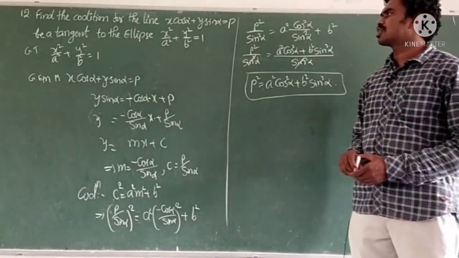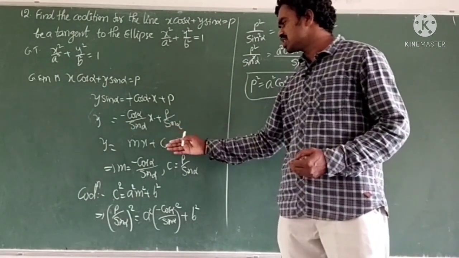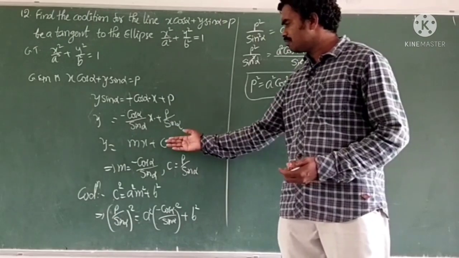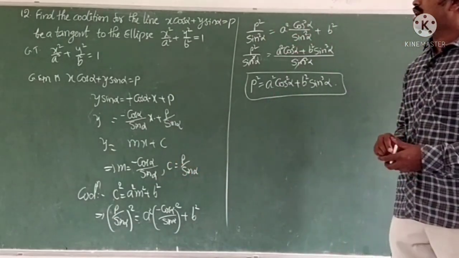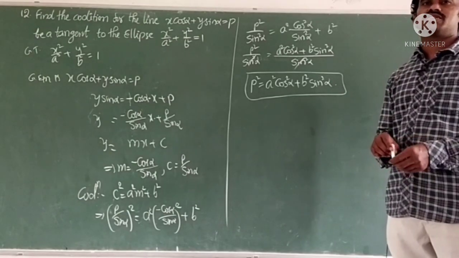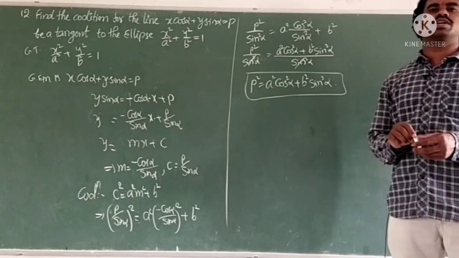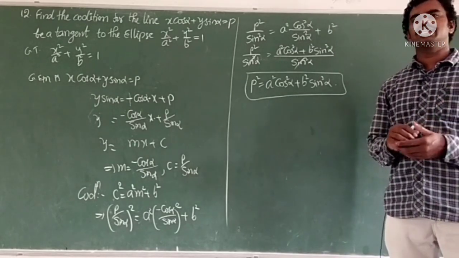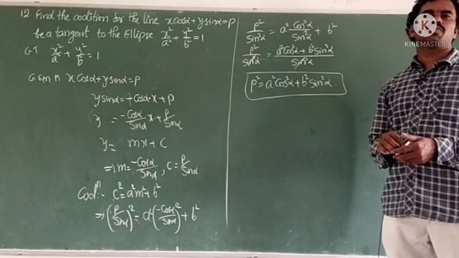Very simple. First convert the given line equation into slope intercept form, find what m and c are, write them, and then write the condition, substitute the m and c values in the condition, and simplify. We get the required condition. This is the 12th question, a 4 marks question. In this chapter we have only 4 marks questions. There are no 2 marks or 7 marks questions, and if the syllabus is reduced, we may get a chance for 7 marks also.